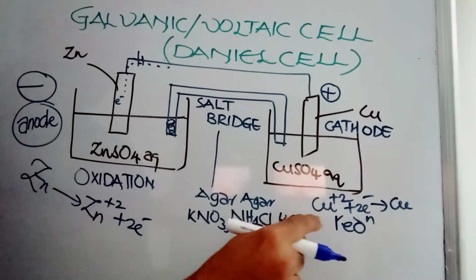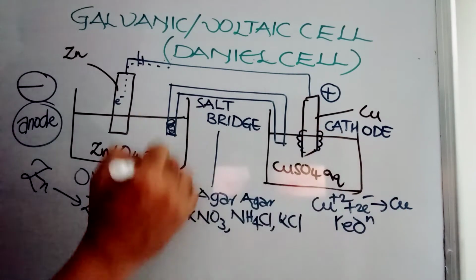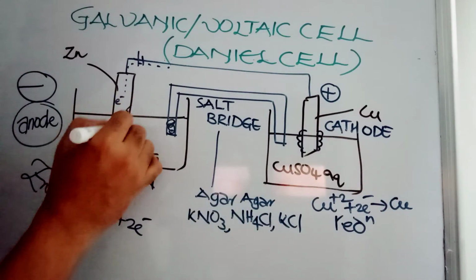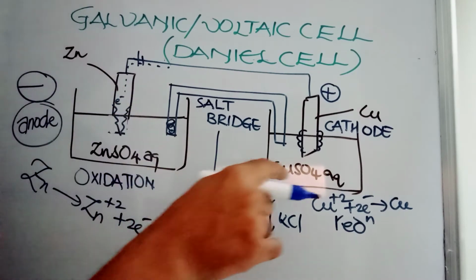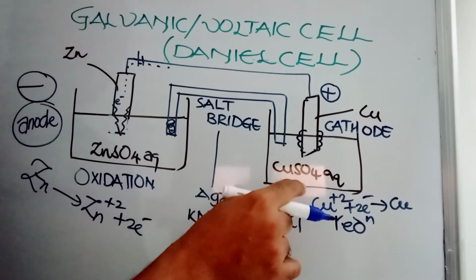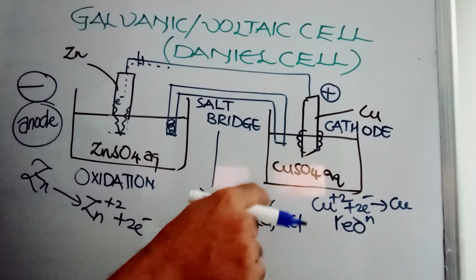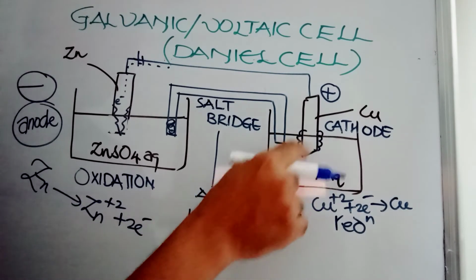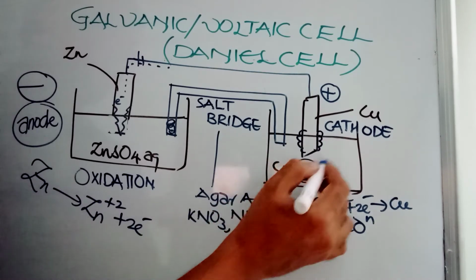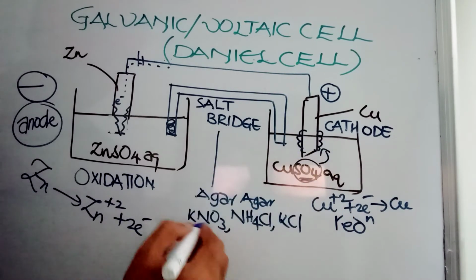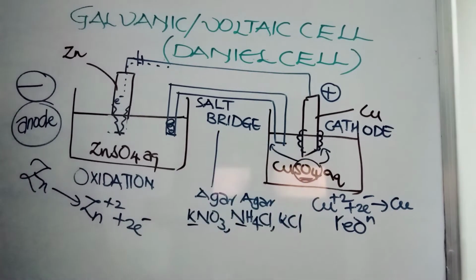Second thing here, copper: we are saying copper plus 2 is converted to copper. That means extra copper is going to be deposited here, and this zinc is going to become thin. Some zinc part is going to be dissolving here, so sulfate ions will be there. There is a possibility those sulfate ions will run behind the copper. In order to avoid the sulfate ions going towards this one, we have some cations like potassium, ammonium to attract the sulfate ions towards this